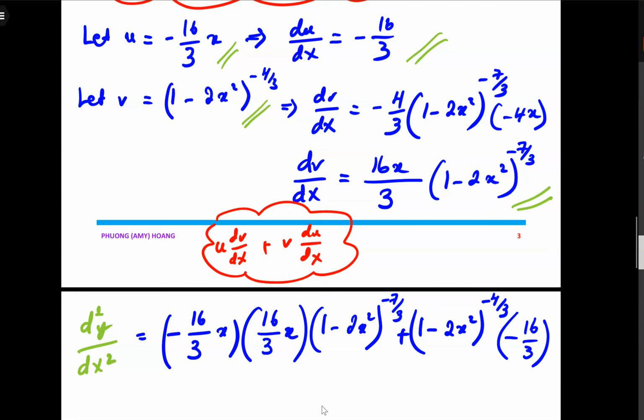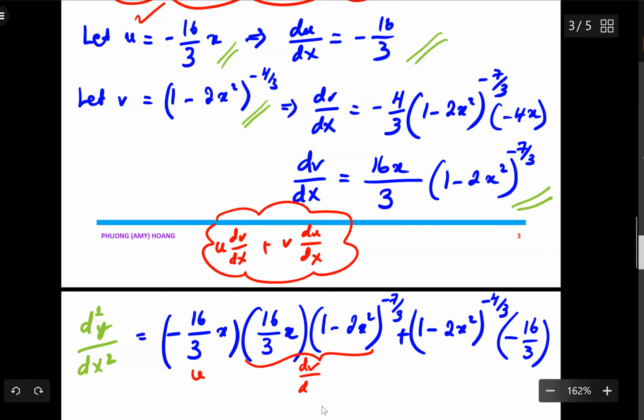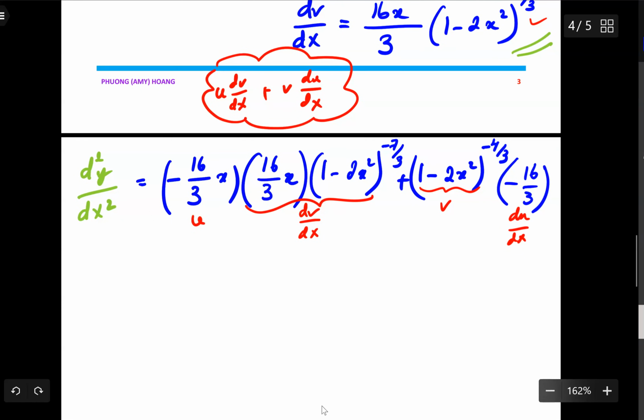So let's double check that. Okay, so this is u, which is correct. Okay, and then I multiply that with dv over dx, that means 16 over 3 times x, multiplied by 1 minus 2x squared to the negative 7/3. So this is my dv over dx. Okay, so it's good. And the next step is to write v. So here's my v to the negative 4/3. And this one is my du over dx, which is just equal to negative 16/3. Okay, so the next step is to